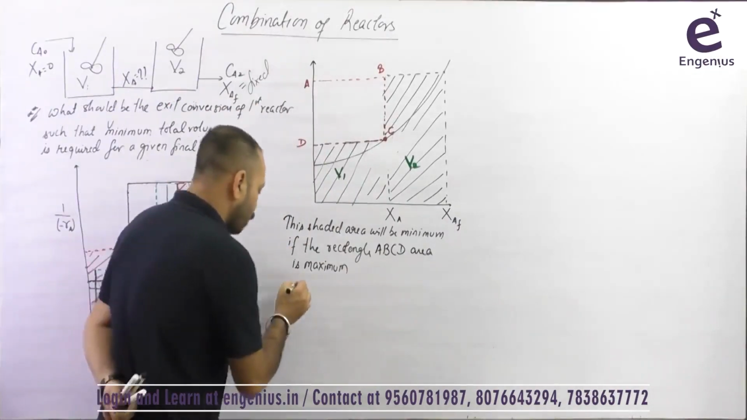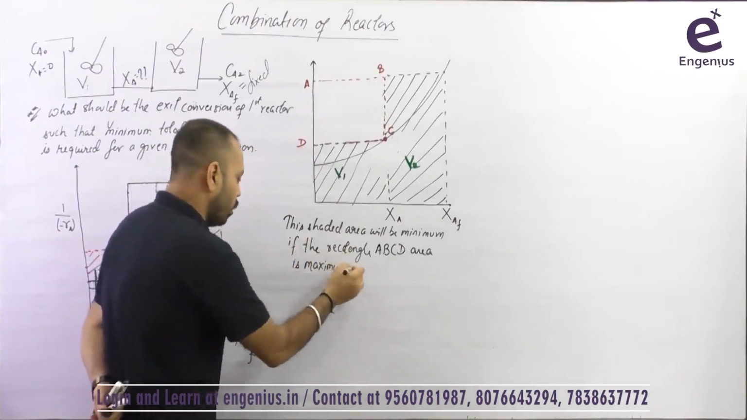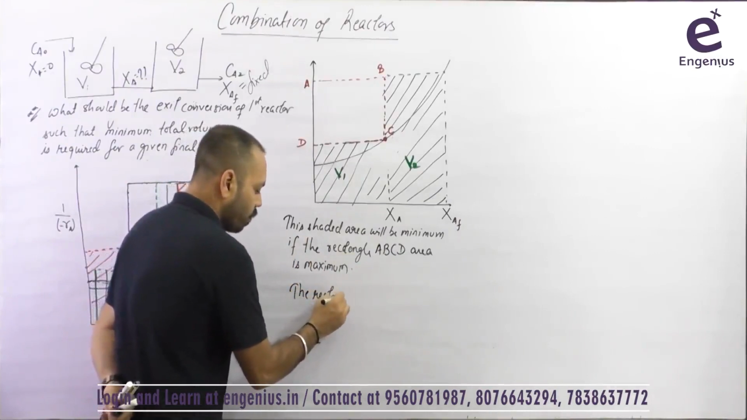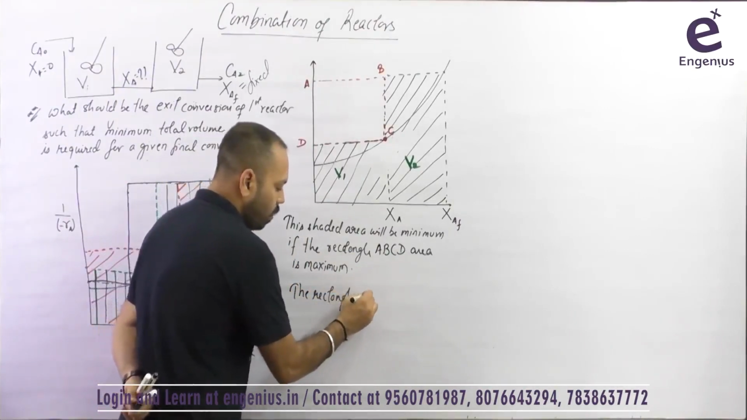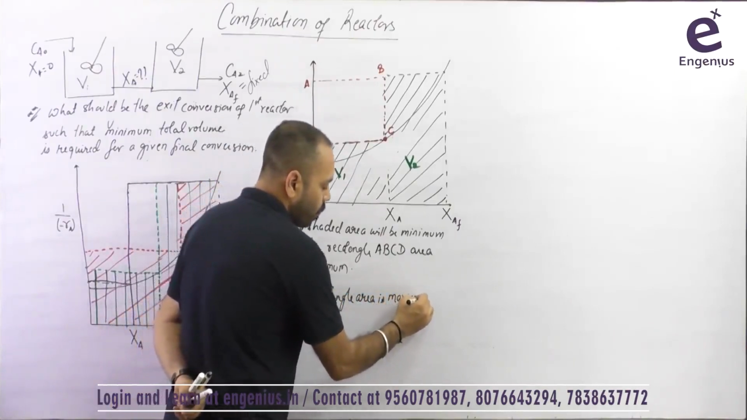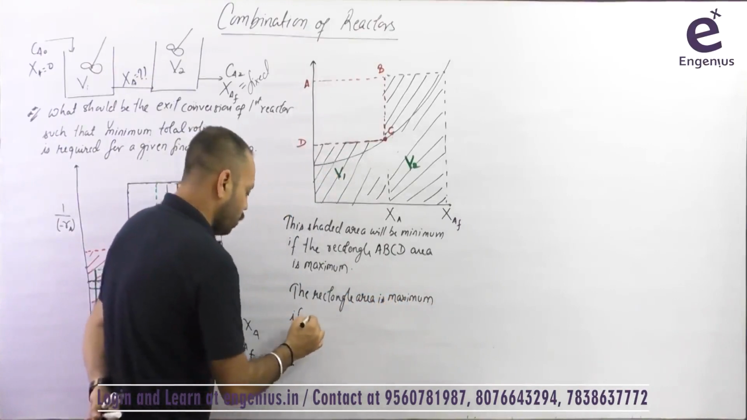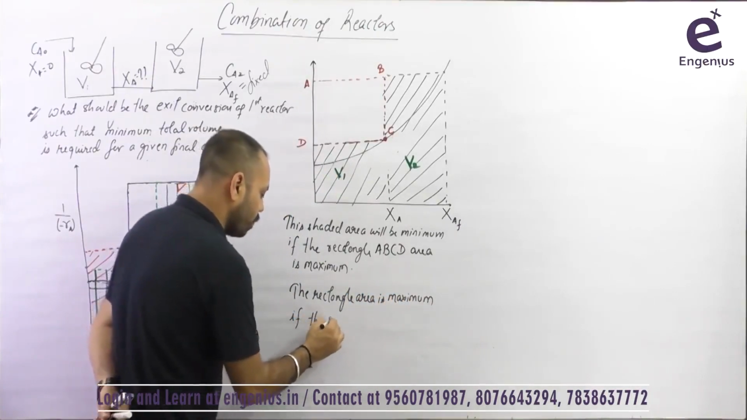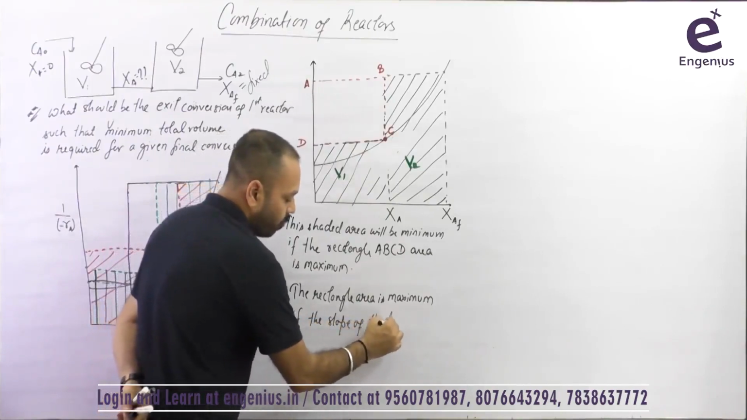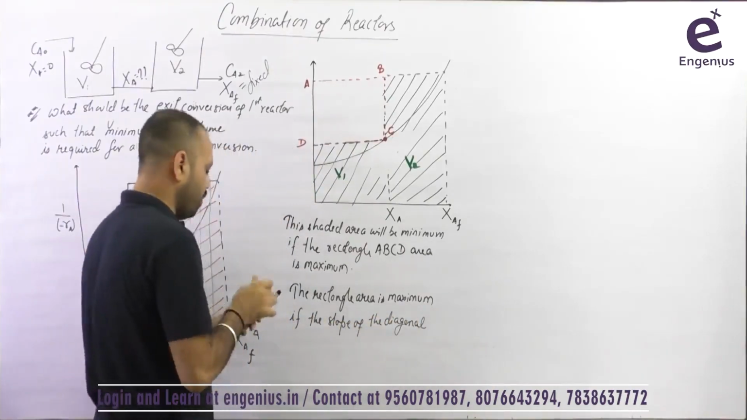it is maximum. Now this comes from the geometry. There is nothing, no CRE involved here. The rectangle area is maximum if the slope of the diagonal of ABCD,